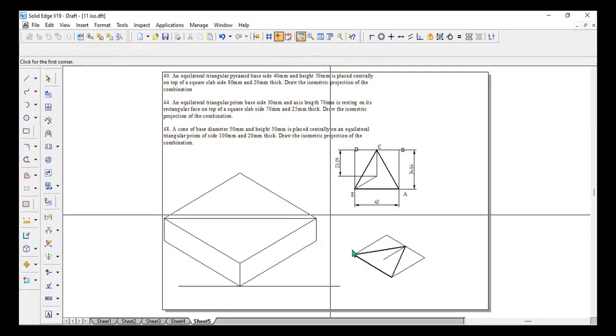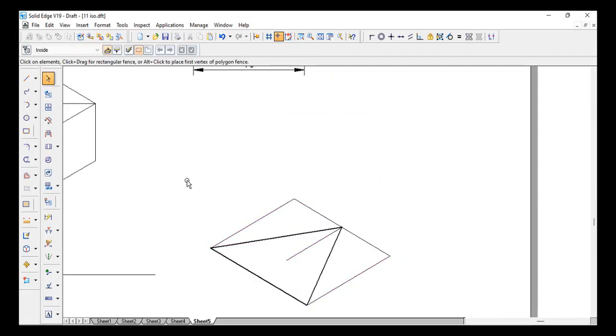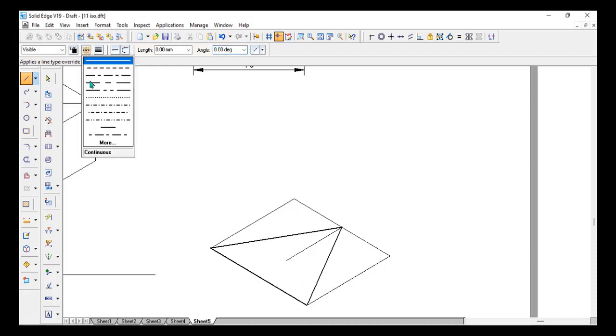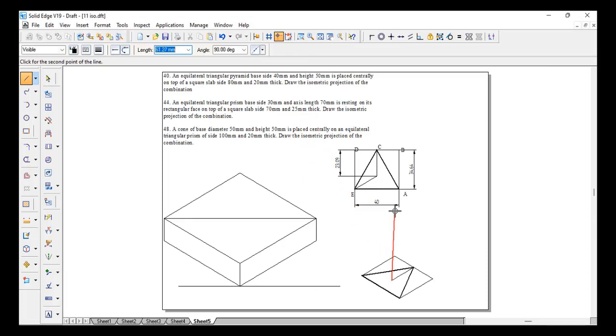So now again same here, take it down, a little bit down. So now a line which is of an axis line and a 0.13 from the center, it is a 50. 50 and the height 90 degree. Now let's take it as continuous, which is visible, join to the corner of a triangle. 1, 2,